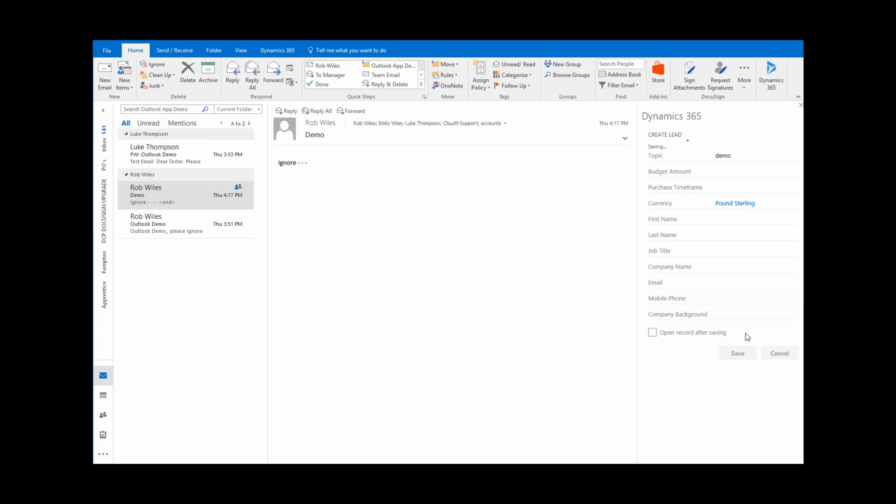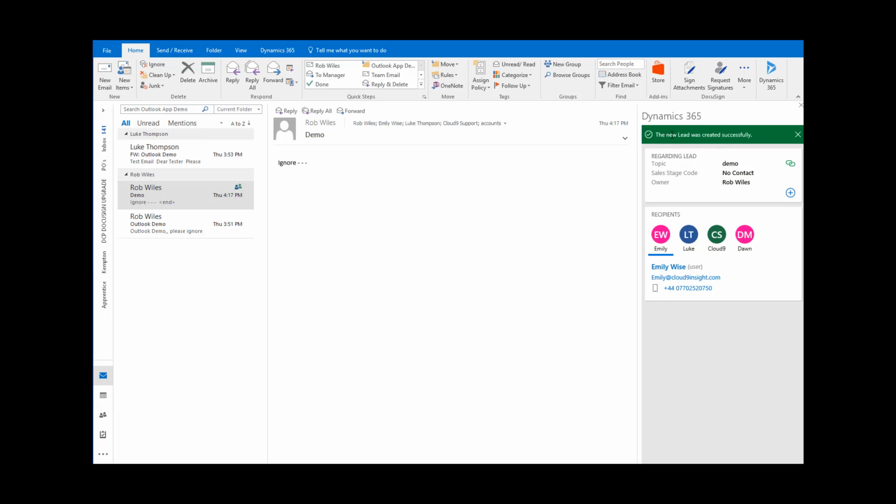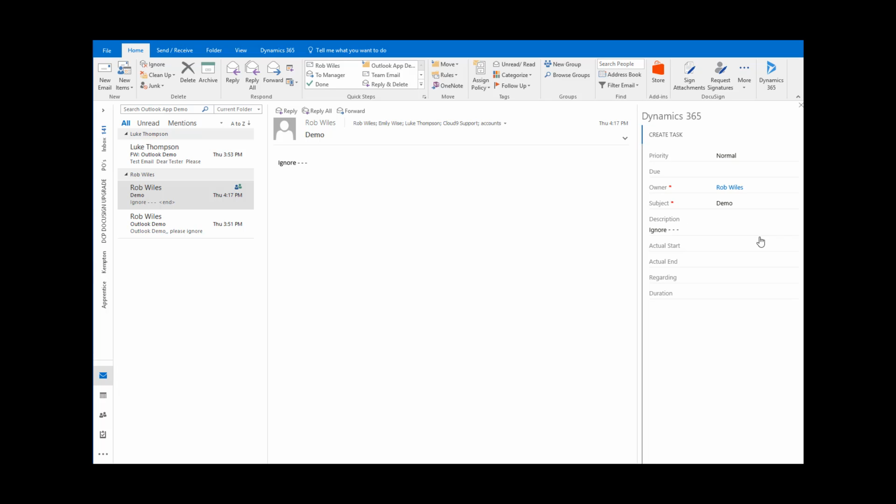And once you just press save here, it creates the lead, and it tracks the email against the lead also. Okay, so this lead was created successfully, and you can see it's pulled in the topic name and some owner and other information as well. So from this screen here, you can just press the plus button, you can add appointments, phone calls and tasks against this lead. So let's just add a task, and let's put in the subject